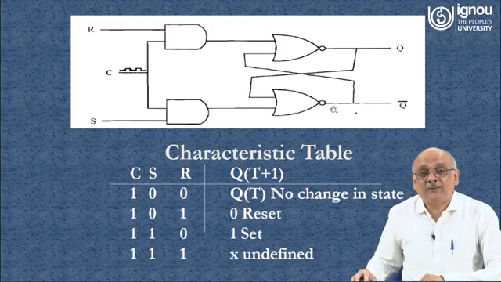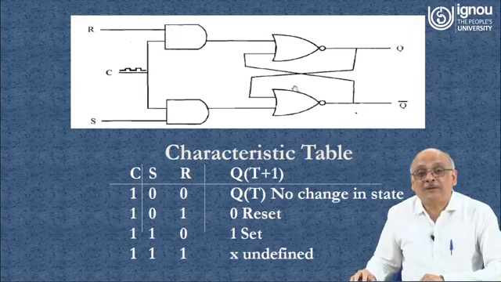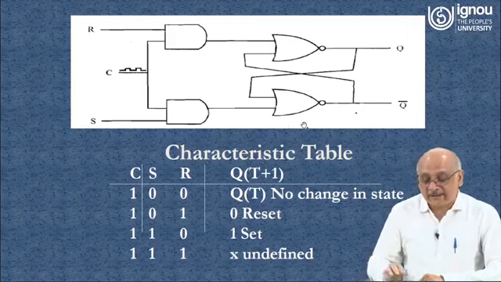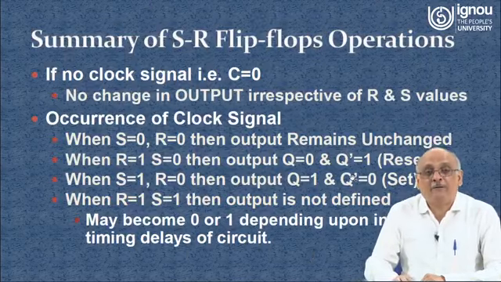First one state, this will change to 1, then this will cause this to change to 0, since this becomes 0, it will cause this to become 0, like that. So there is going to be a racing condition, and this is what we call the characteristic table. That is how a flip-flop behaves when different values change, like when the S input or R input is set and a clock pulse occurs.